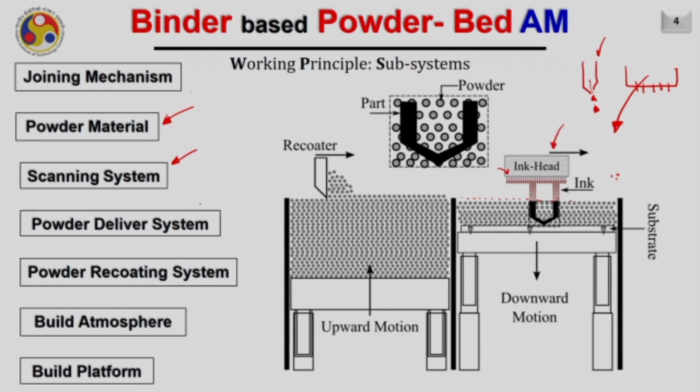The next subsystem typically is the powder delivery system. Powder is delivered from a reservoir like you are seeing here, and there could be two possible ways. One is the bottom feeding, another is the top feeding. What you are seeing right now here is the bottom feeding, where there is a reservoir and there is a platform which moves up by the desired layer thickness each time,